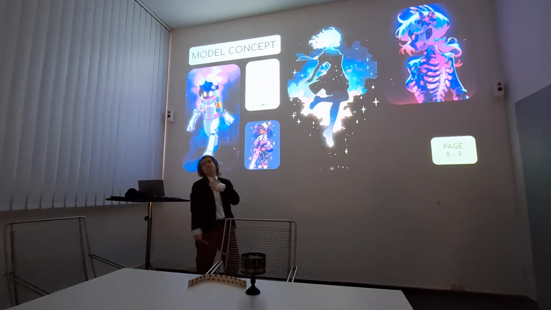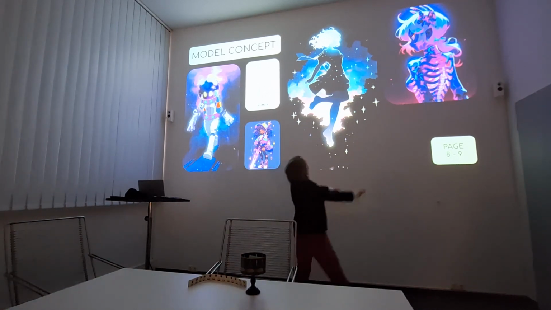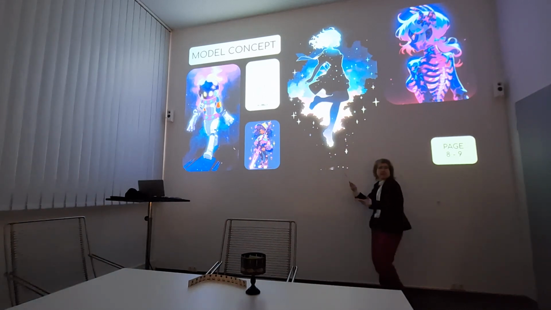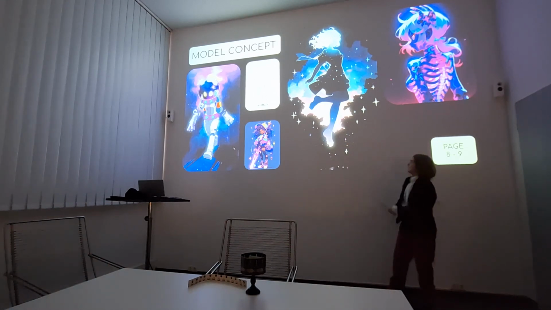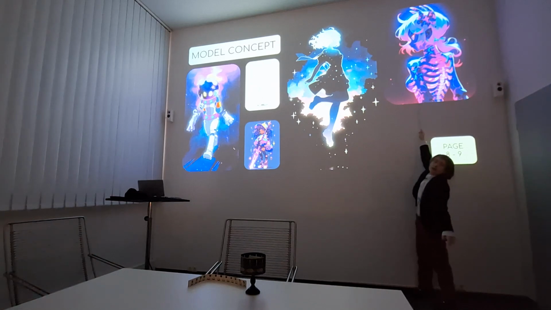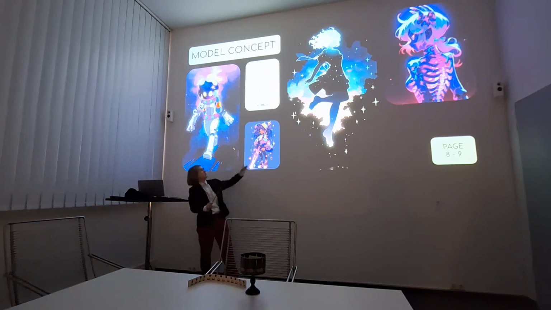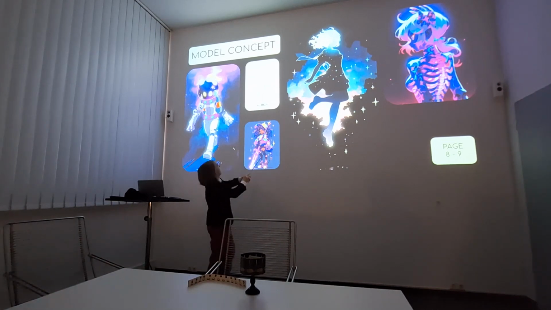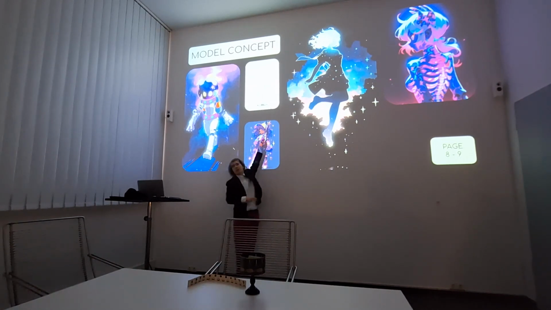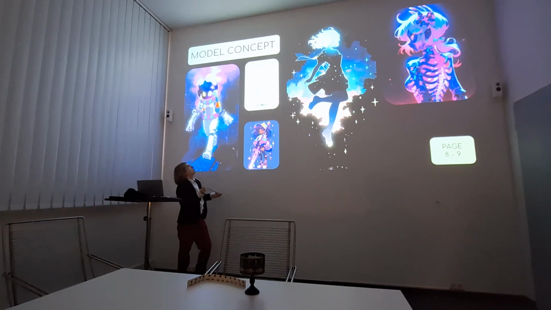Now we get to the concept. I wanted to make a model. I have done models before, so I thought to myself, what have I not done yet? And I thought space princess, space person. And I chose these images, which this one's AI, but it doesn't matter because it was just an inspiration. Doesn't mean I would go one-to-one. So in the end, I thought, okay, I want to make a chibi. This right here is a good example of a chibi body, which is inspired by another visual app called Gacha Life.